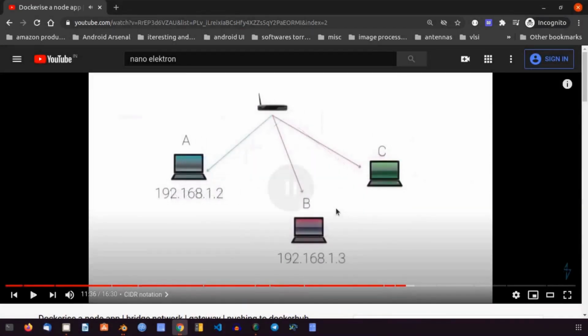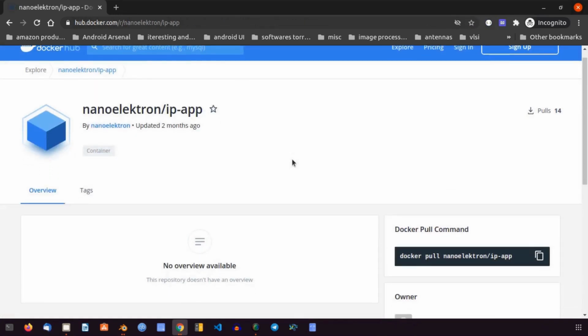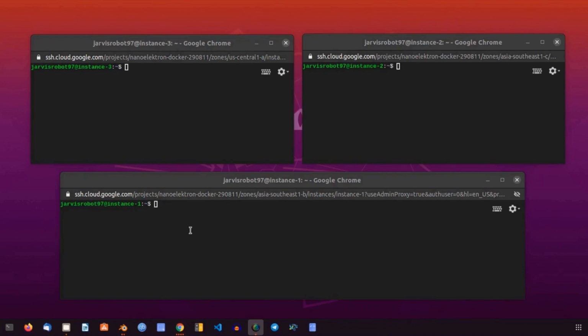In our previous video, we created simple Node REST APIs, containerized them and published them in Docker Hub under the name IP app. Now let's create a service from that image inside our Swarm network.